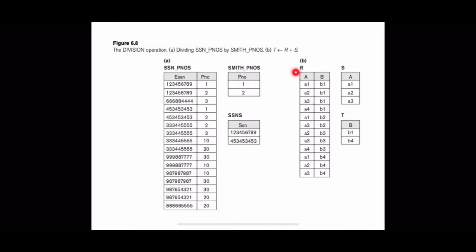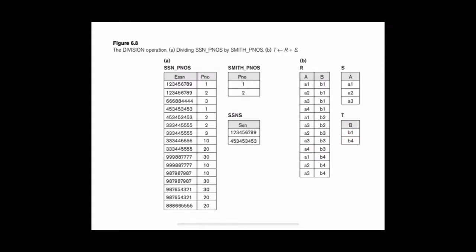We have a relation R with two attributes A and B, and these tuples are there, and we have another relation S with one attribute A. Now after applying this division operation, we have the resultant relation T with attribute B with two tuples, B1 and B4.